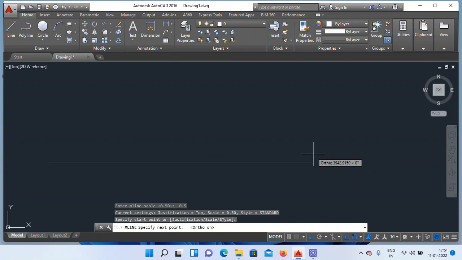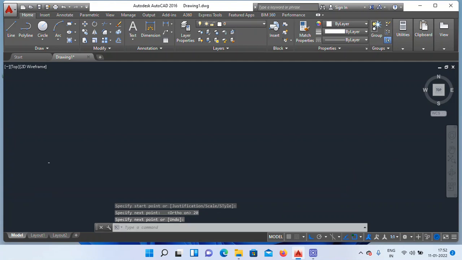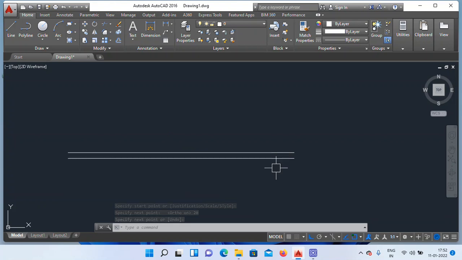Give the required value for the line. Example 20 units, 20, double enter. Here. See, double line.